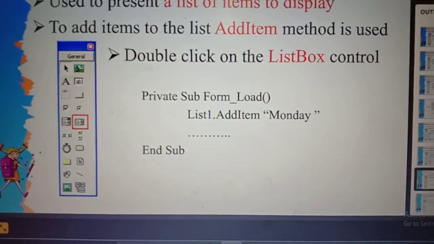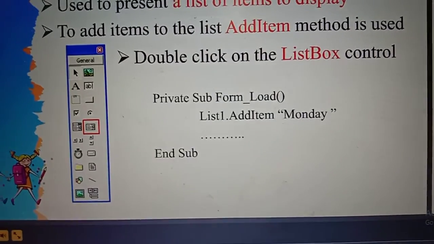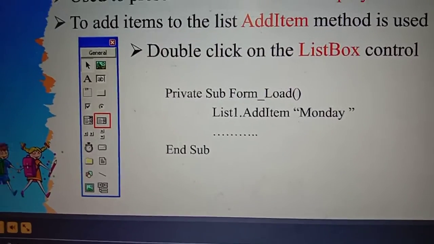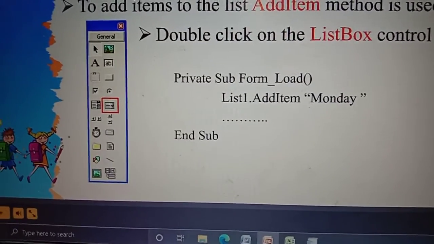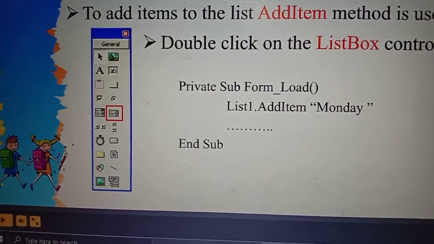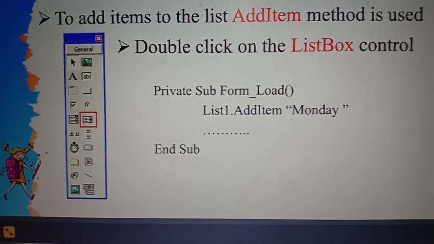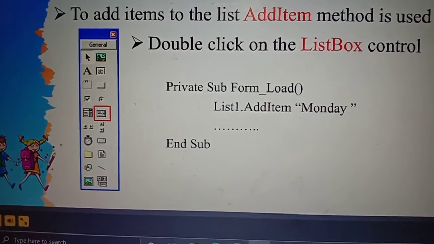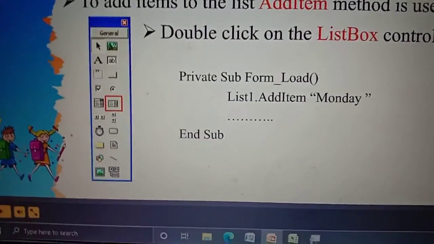Private Sub Form_Load, List1.AddItem Monday, List2.AddItem Tuesday. So like that you can add. Private means only within that particular form it will be executed, and later you need to end the sub, that is you are ending the object.